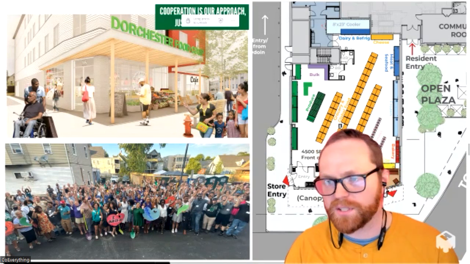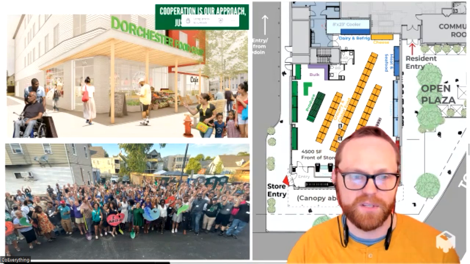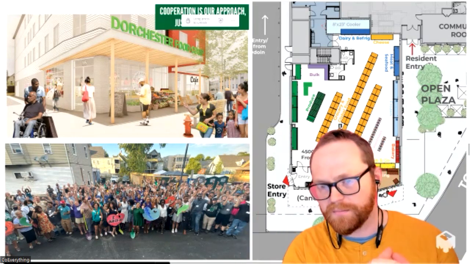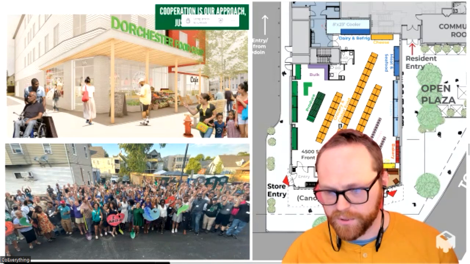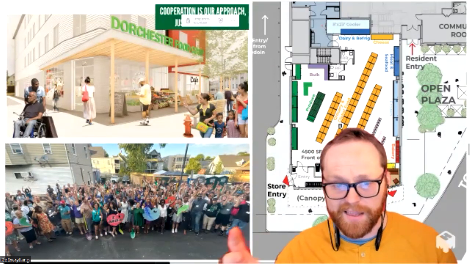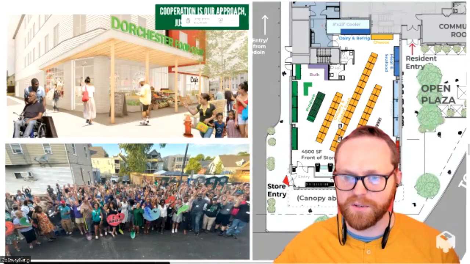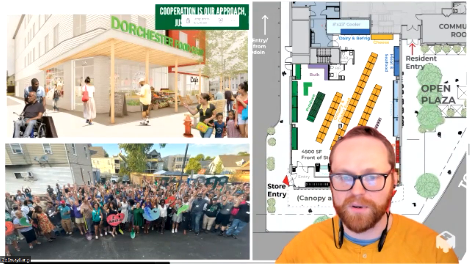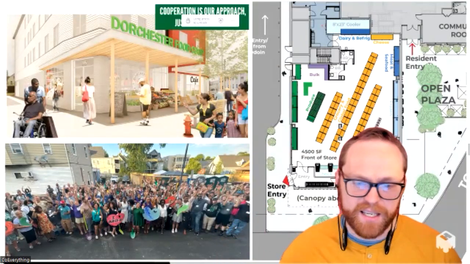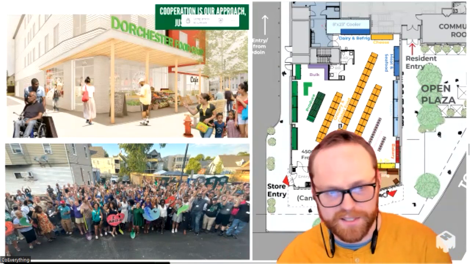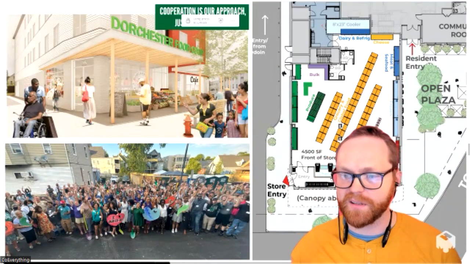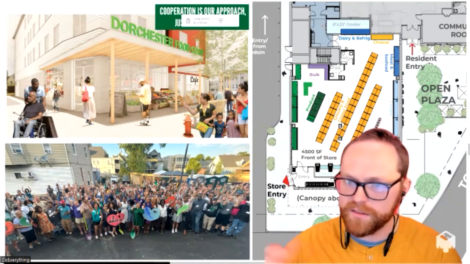And this cooperative works a little different than some food co-ops. This food co-op has worker ownership, sort of like CoEverything. So the folks who work there actually will be able to own and have democratic say over some of the decisions. And then there's also member cooperative ownership, which is everybody who is a member of the food co-op has a say, gets to elect who's on the board, who gets to make decisions around, for example, there's a whole board that is part of the design committee who we worked with on all the decisions around